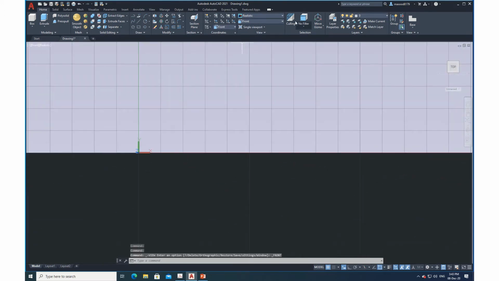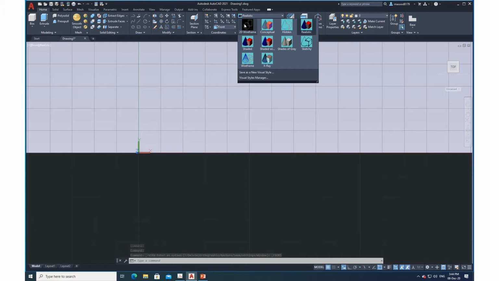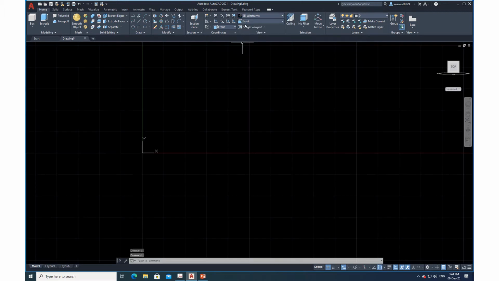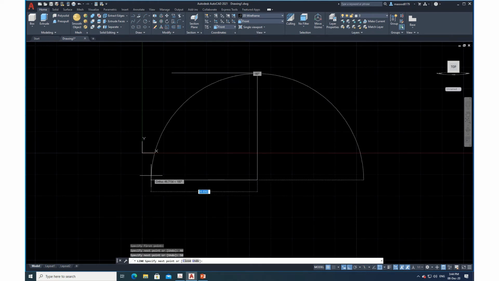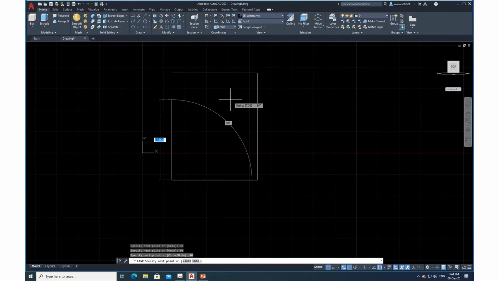Okay, so now I will change the color also. I will just go remove from realistic. I will go back to 2D wireframe. I will fix ortho. I will on it. Now I will just go here, take a line command, draw the line from here to here. It is how much? 40, enter, come down, 50, enter, go like this, 40, enter, then I will just go and close C.